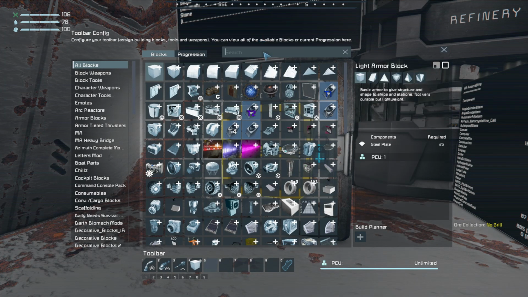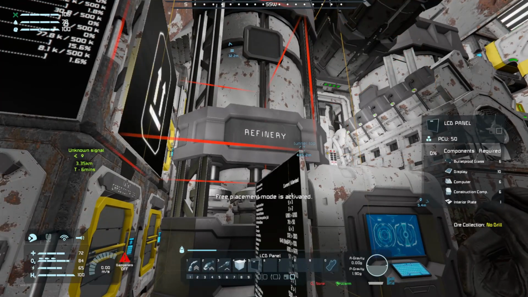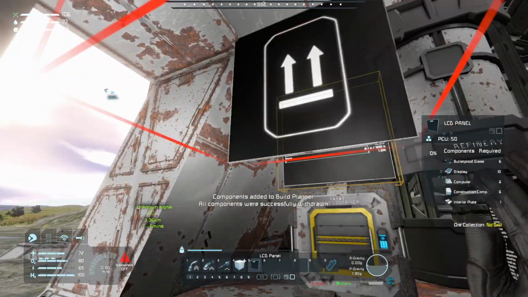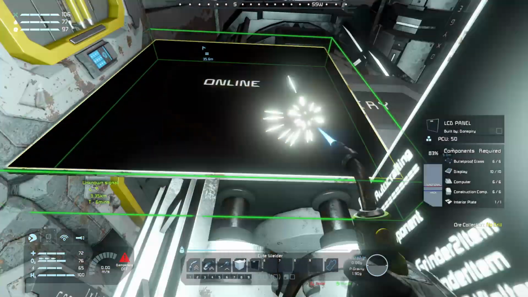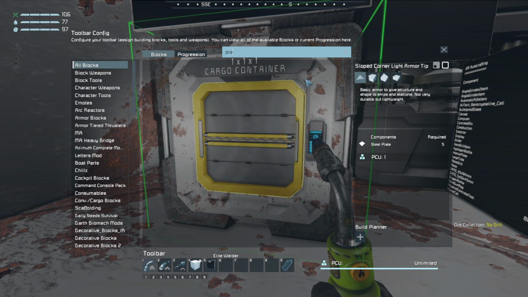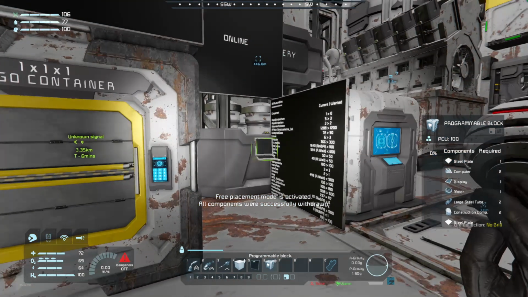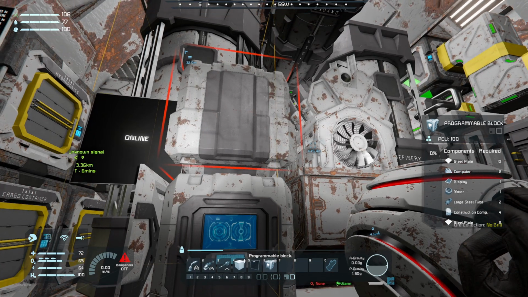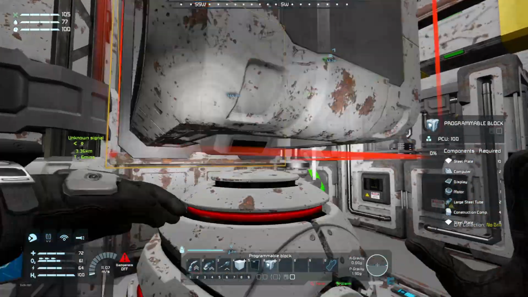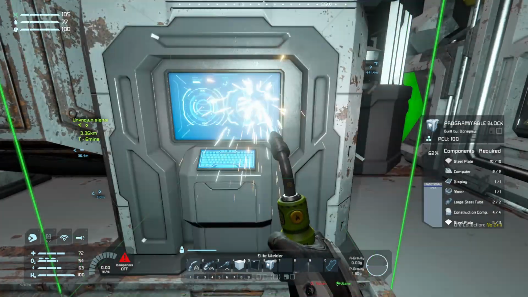So just to get a feel on that, I will make an LCD. I'm gonna place it somewhere. I don't know where. Maybe there. And I think I need a programmable block as well to run a script. So I shall place it on top here, I think, if I can. I guess I can't, so I'm gonna place it here. There we go. I'm gonna break it and move it anyway, because I need to make